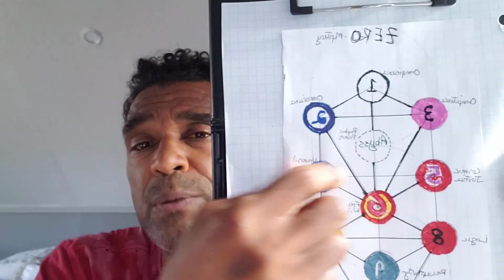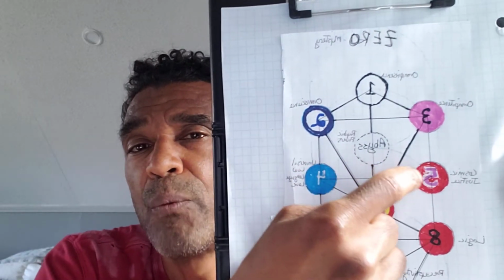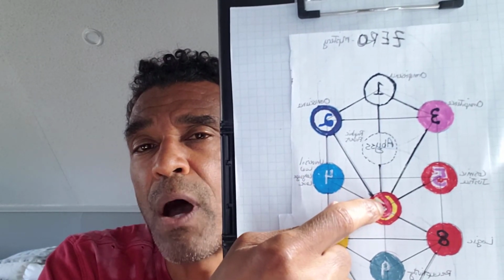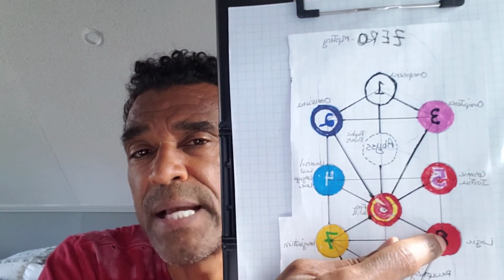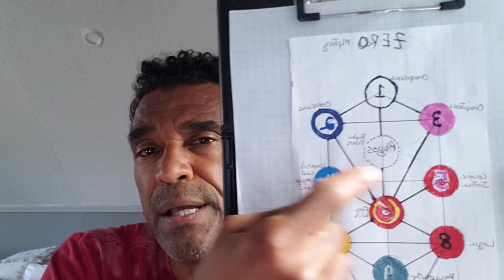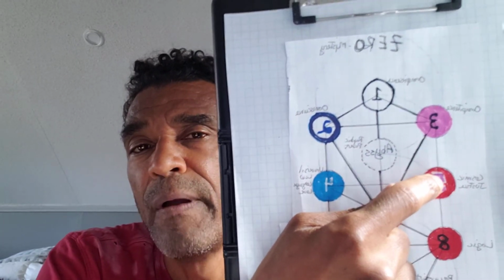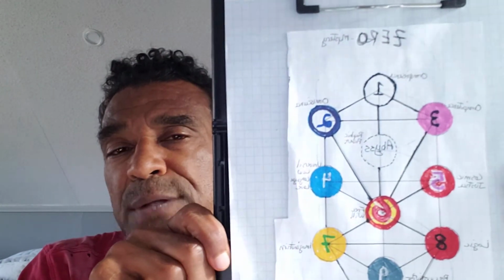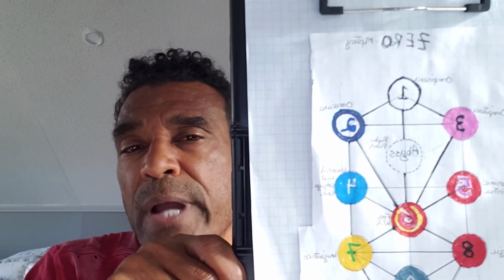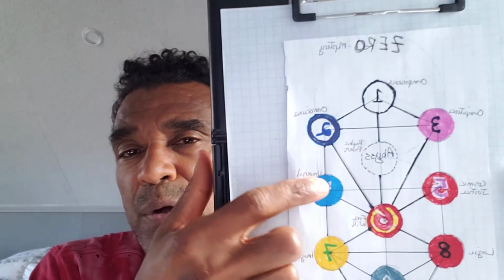As we move up the tree, we get to the fifth and fourth sphere, which are really where the law, the natural law, where this is like the consensus law. The natural law here is enforced at the fifth sphere via the law of karma. As you sow, so shall you reap. For every action, there's an equal opposite reaction, and so on. And then at the fourth sphere, we have